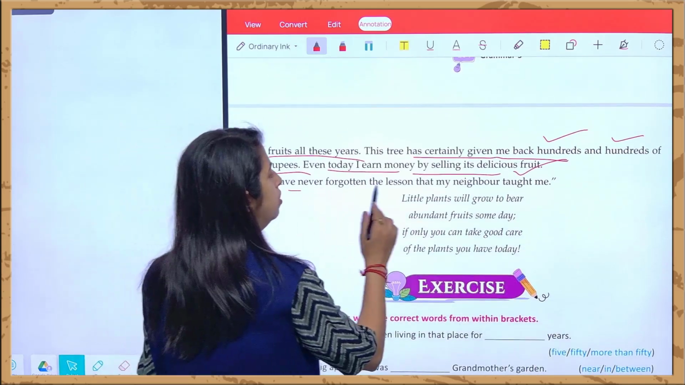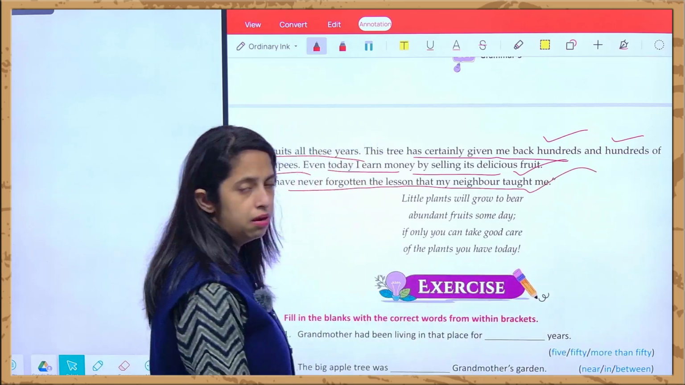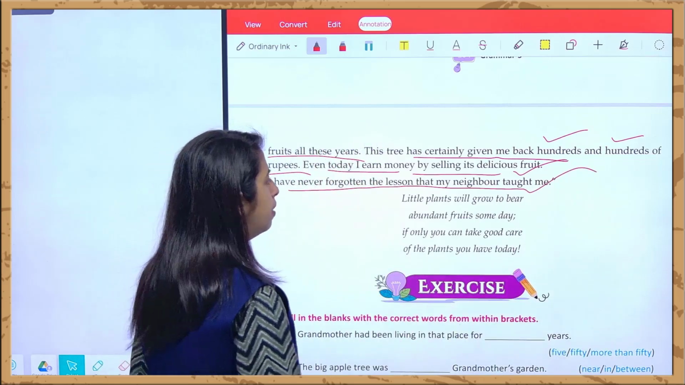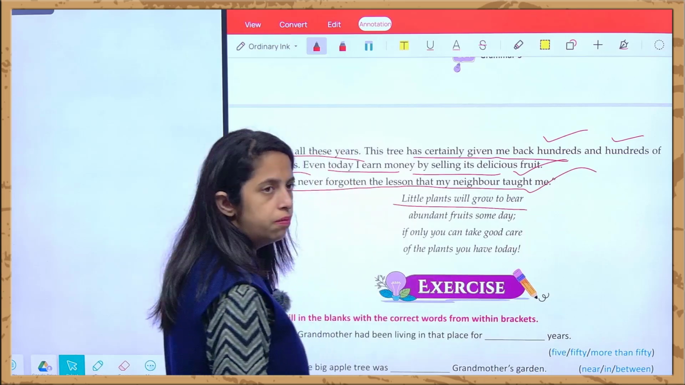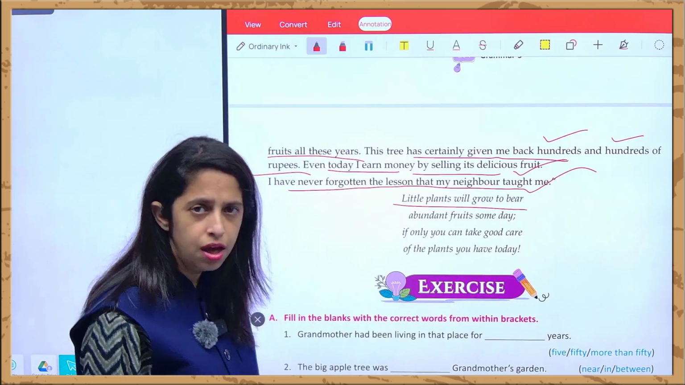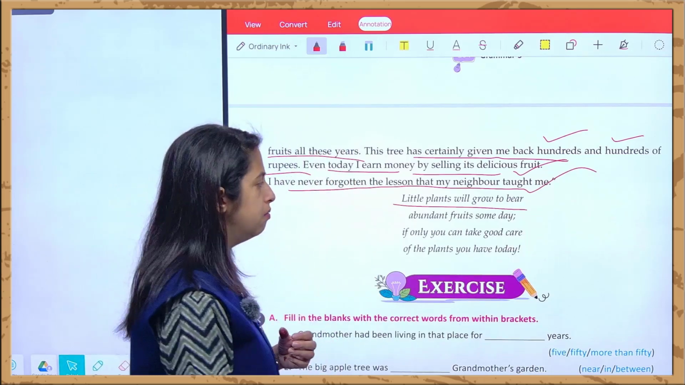I have never forgotten the lesson which was taught by my neighbor, that little plants will grow to bear. छोटे छोटे plants ही हैं, छोटे छोटे steps हैं जो हमें बड़ा सा आगे काम करने में मदद करते हैं।